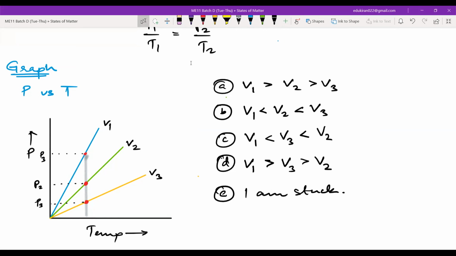First, write this down. From the graph, you will write the order for pressure. Then you will think which of the laws give you the relationship between pressure and the volume. And after that, you will tell me the order for volume. So in the notebook, first the order for pressure, then which law gives the relationship between pressure and volume, and after that the order of volume. Then you will send me in chat A, B, C, D, or E. Is this clear, everyone?